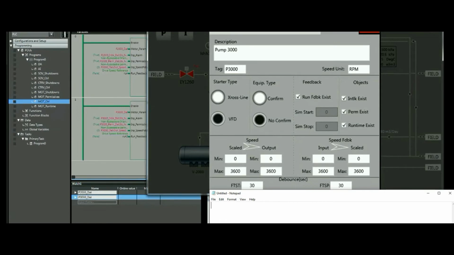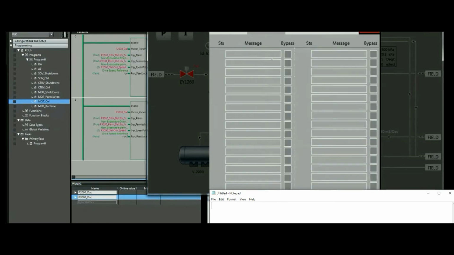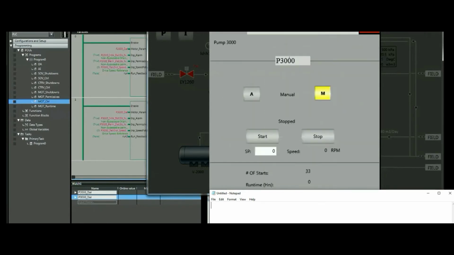And when I did that, of course, we have these available. However, notice here I don't have any messages, and all this stuff is great, so I can't bypass it. I'm going to show you in a little bit how to add a shutdown and have that appear in here. But at this point, before adding that, I can go ahead and start and